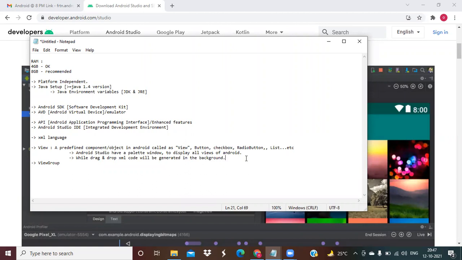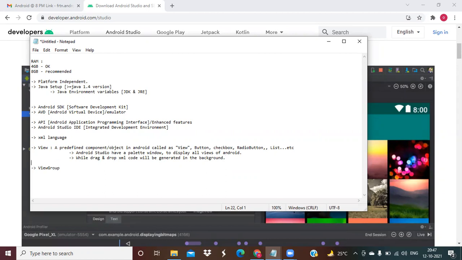For example, when you drop a button, you need to write some text. What is the text? Text style, text font, text color. Next, button background, button corners, like that. So many properties we need to assign, customized properties. Is it possible to write customized properties in XML? Yes, of course. For anything we have a property in XML. Those properties I will teach when we start discussing XML.